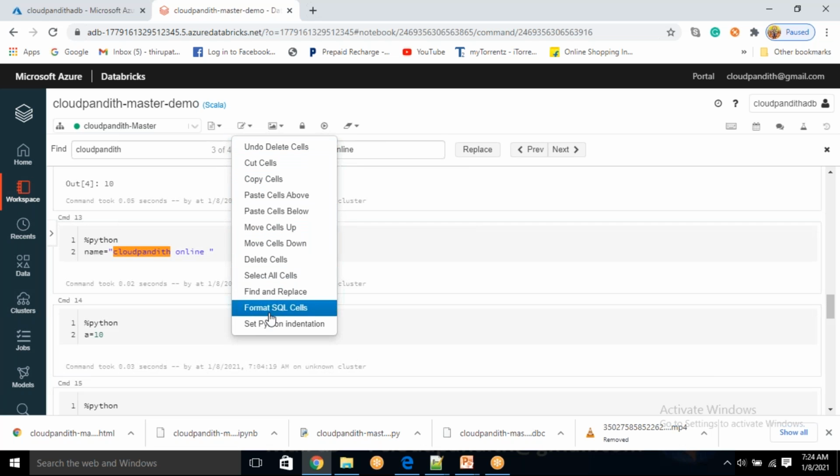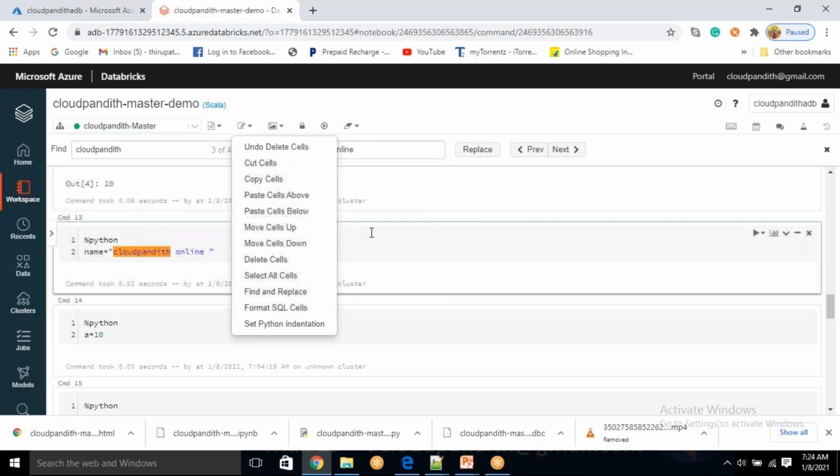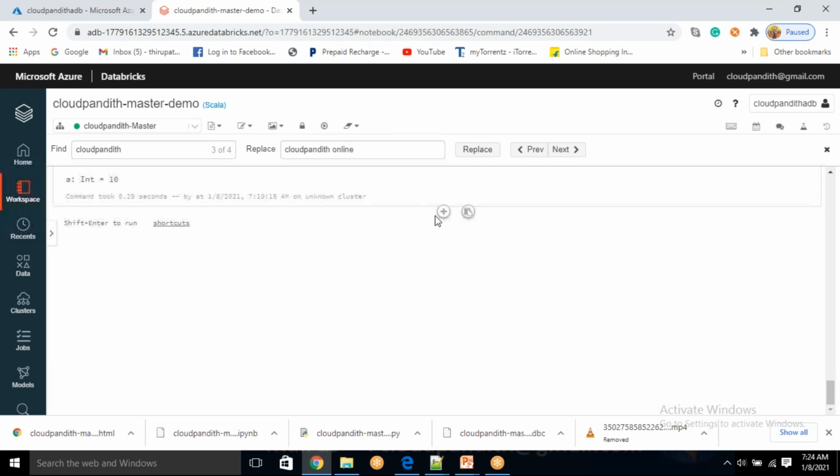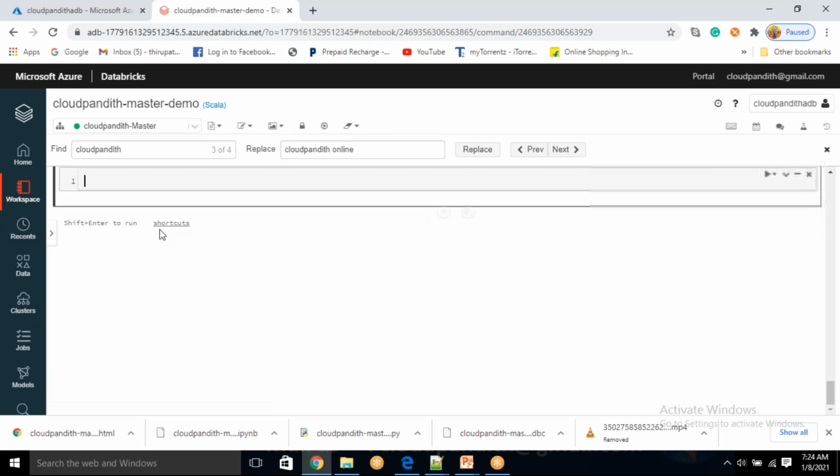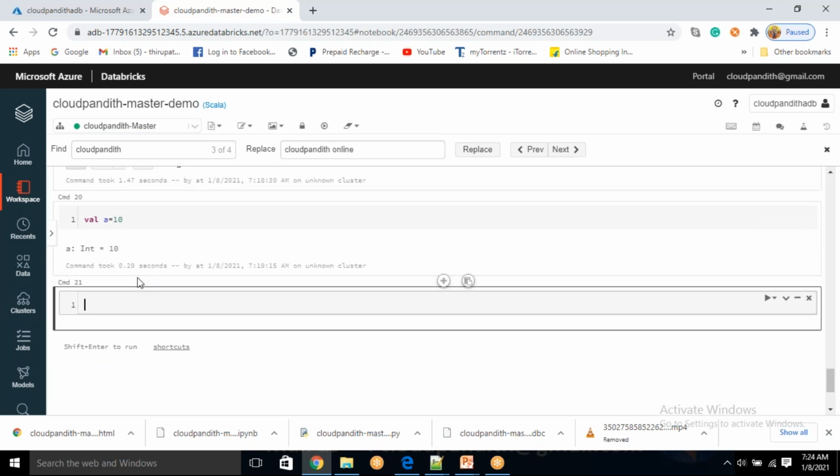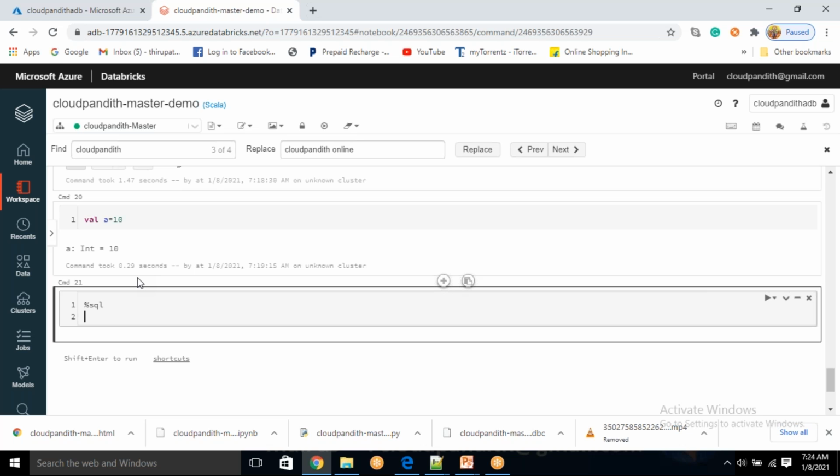Next, format SQL cells. Format SQL cells means basically if you have any SQL code, I'll just tell you quickly. Percentage sql. It's basically for SQL, not for other languages. Select current_date.